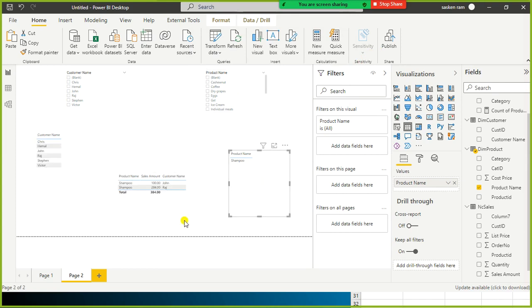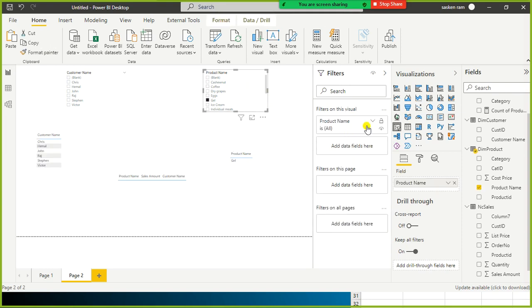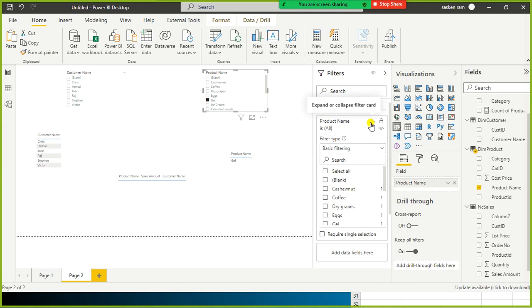For example, I have multiple visuals, 1, 2, 3, 4, 5. Five visuals are there. When I apply something here, the relevant data will get updated in the other visuals automatically. I don't want that to happen. Supposing if I apply any filter, let's say here I'm going to put some filtering condition, and based on this condition, let's say if I select this one, and I just show you this one.